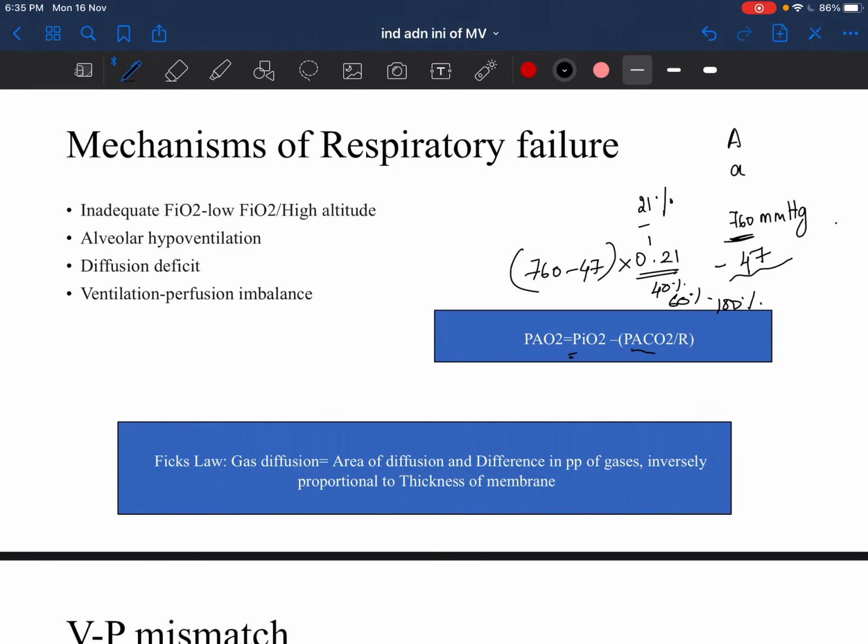So, why am I bringing this equation here? Suppose you are not giving the patient enough oxygen. Okay. So, if not enough oxygen is there in the atmosphere, less oxygen is going to go into the alveoli and less oxygen is there for exchange. So where are the conditions in which you will have less inspired oxygen concentration? Either you are setting the FiO2 very low, or the patient's atmosphere per se has very low FiO2, like in